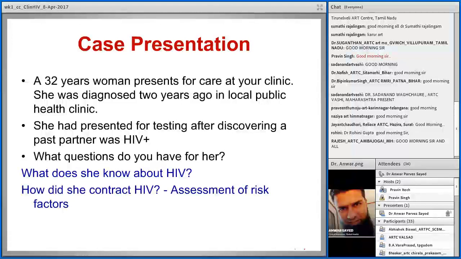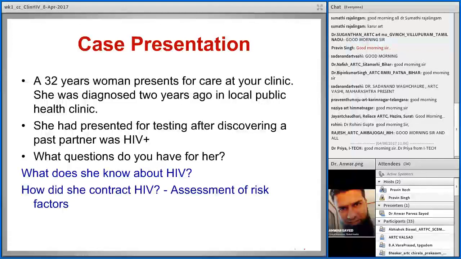First question is, what does the person know about HIV? This also Dr. Kim was stressing very much, that it is very important to find out from the patient what is their opinion or what is their understanding about being HIV positive. Sometimes people misinterpret the result itself. If someone says that you are positive, people take it in another way, like being positive is something which is good. So that should not happen.